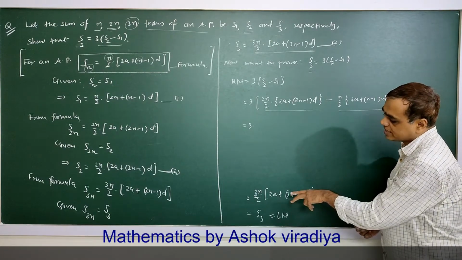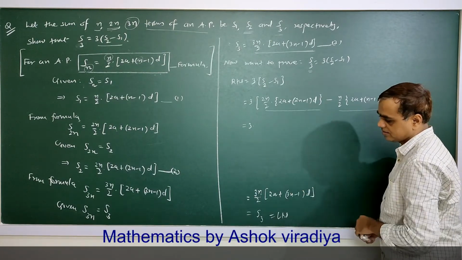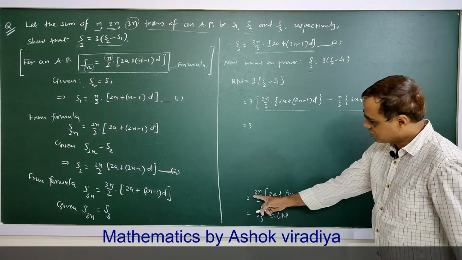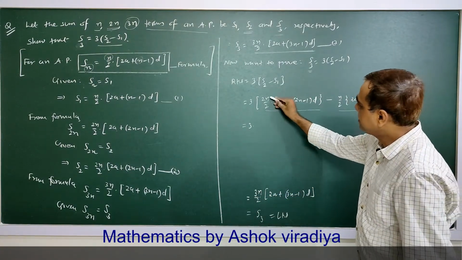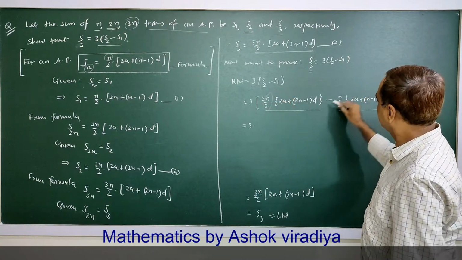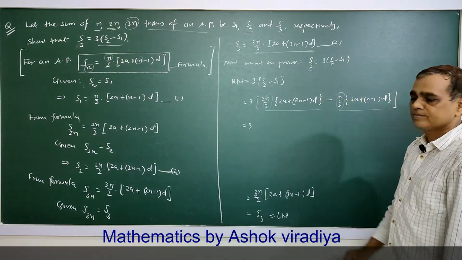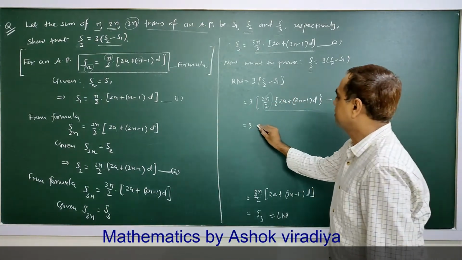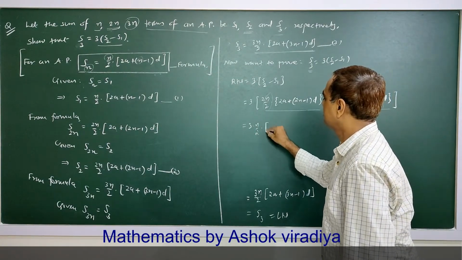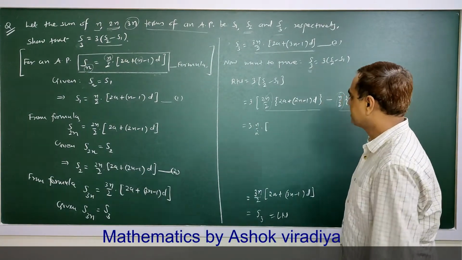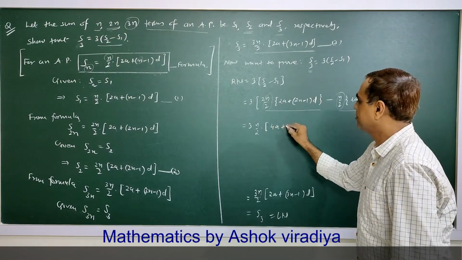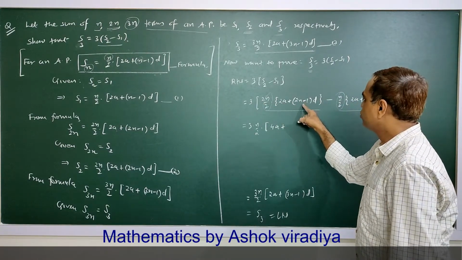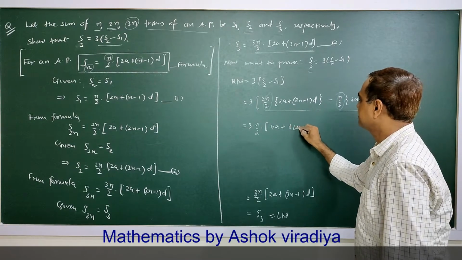Now we want this expression and we are at here. So look here, with 3 we want n by 2. So now what I am doing, I am taking n by 2 common. Inside what is left, 2 into 2a, that is 4a plus 2 into 2n minus 1 times d,